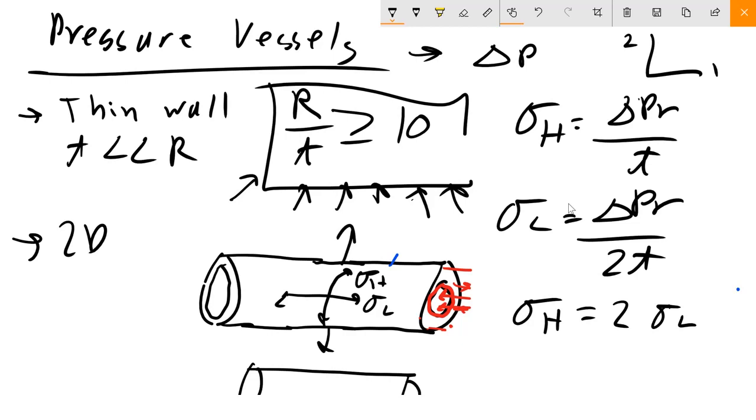Where should the crack go? Should it fracture along this, or should it fracture like this? Well, if I'm stretching like this, pulling it here, it should fracture like this. This fracture would occur if, again, sigma L was larger than sigma H, or longitudinal. So this would hold true if sigma L was greater than sigma H.